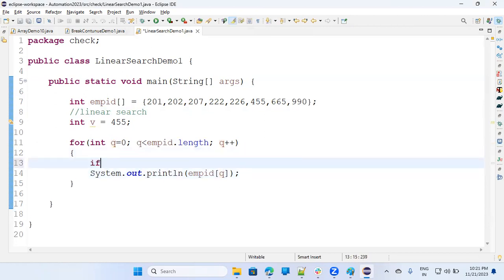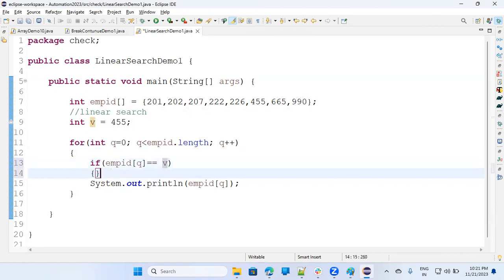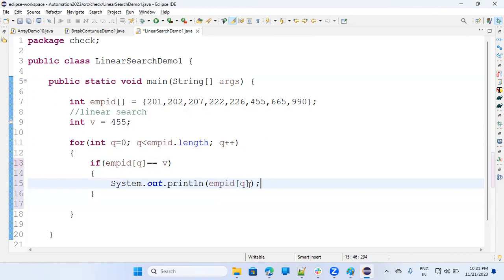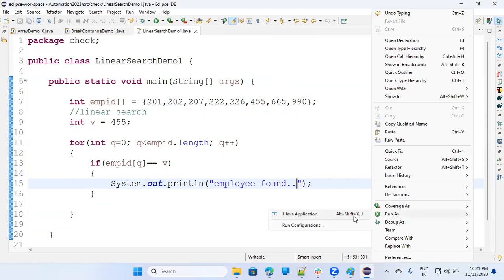So I can write here, if this emp ID of q is equal to v, the value which I am searching, right? If that is found, I'll print yes, it is found. I'll simply say employee found. Employee found. That's it. So if I will run this,